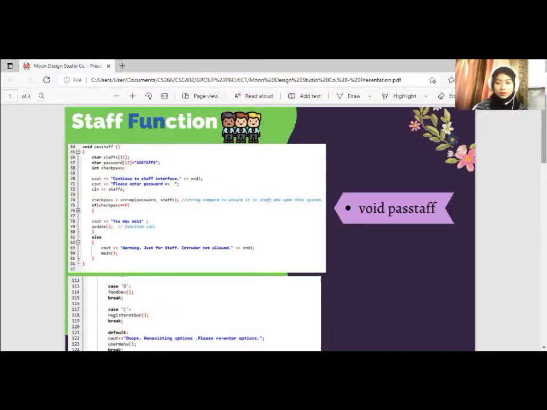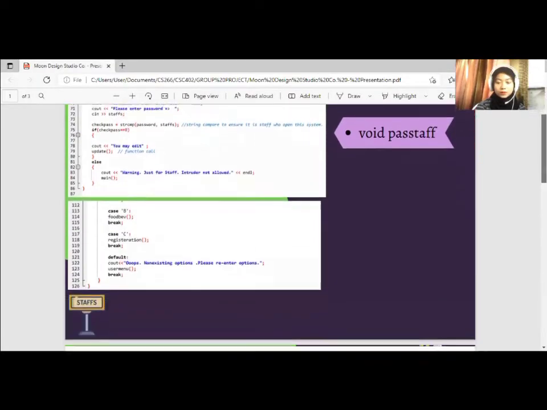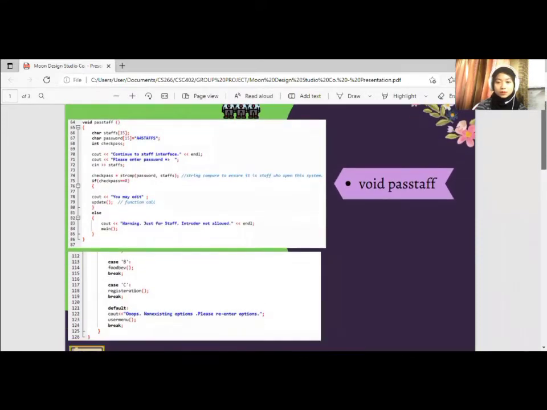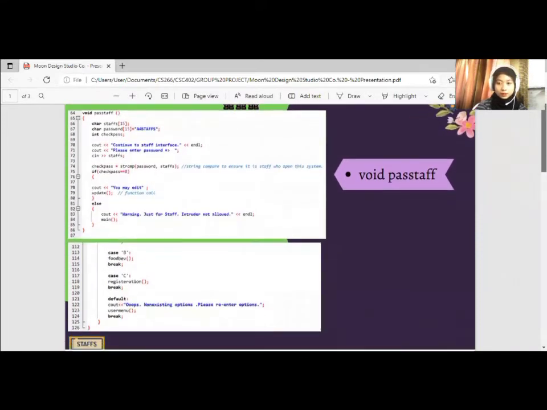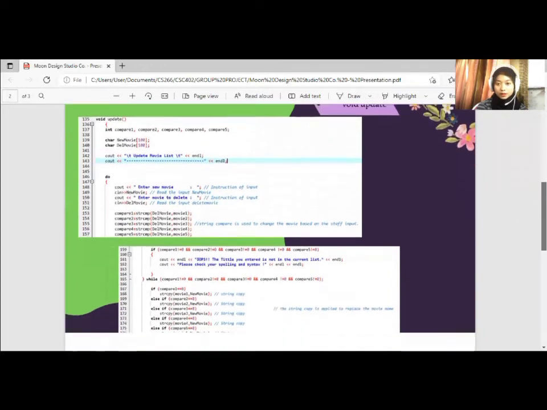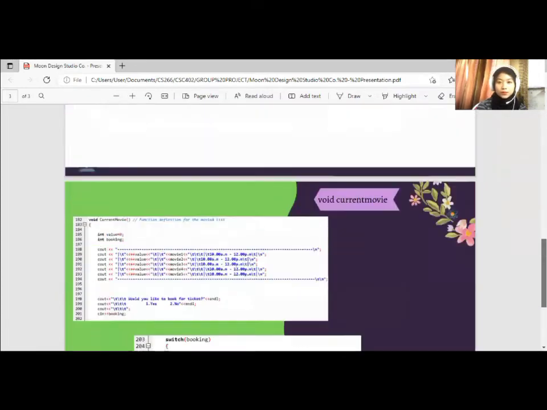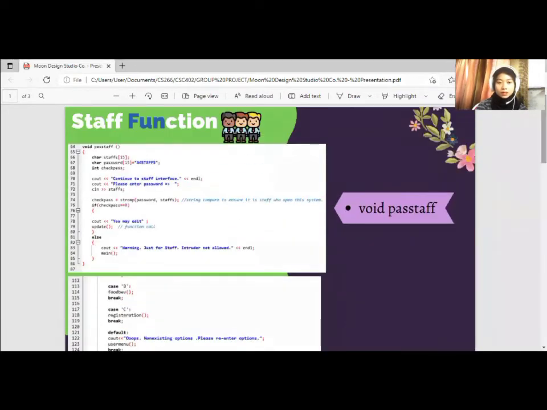Now I will be presenting my part, which is the staff function. In the staff function, I will cover 3 types of function. The first one is void past staff, the second one is void update, and the last one is void current movie. First thing first, in void past staff, here we declare staff and password as char